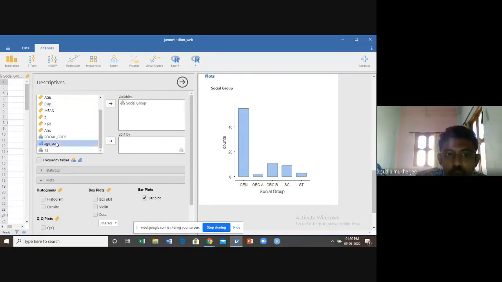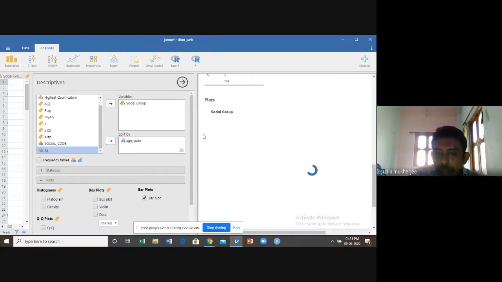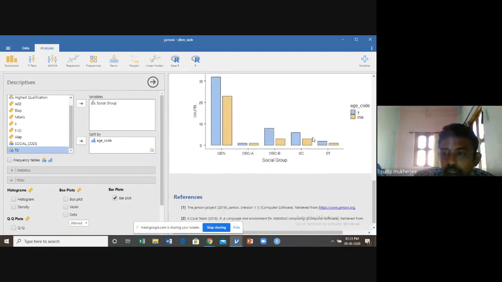So this is the bar plot of social group. Now, try to draw this bar plot in terms of the age code. Use the age code variable in the split by box. See, the beauty of the package is that it automatically calculates the graph of our interest.